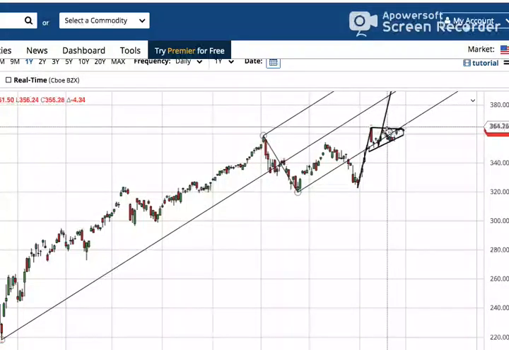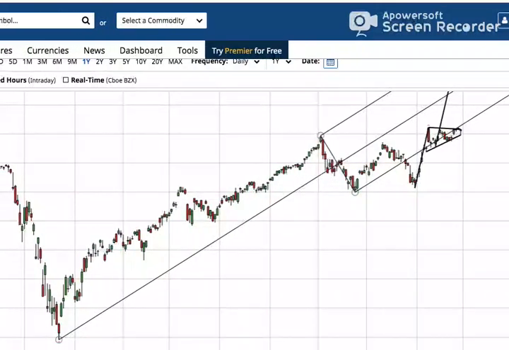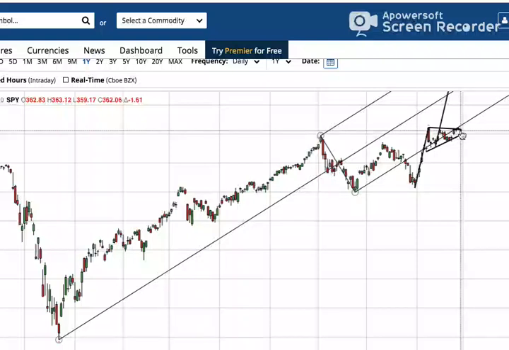Okay, but anyway, the bull flag invalidation is 350, 354 a stop loss for my personal trades for being long SPY. Obviously this is not investment advice, but a stop loss for a trade like this would be the daily candle low of 354. We have a really nice wick right here.